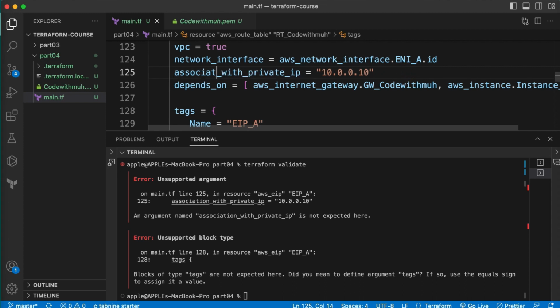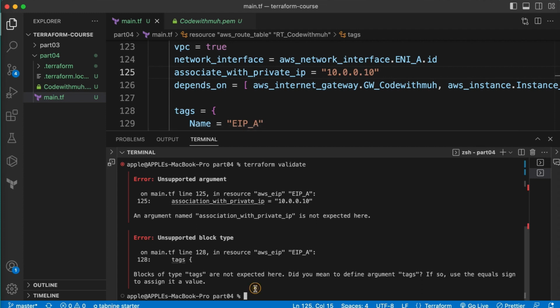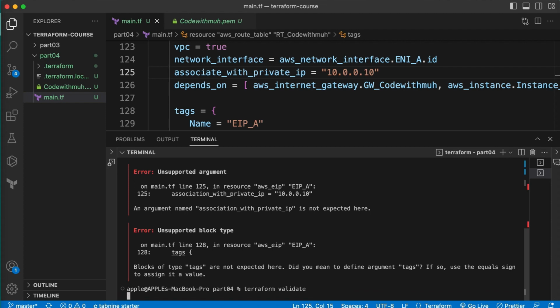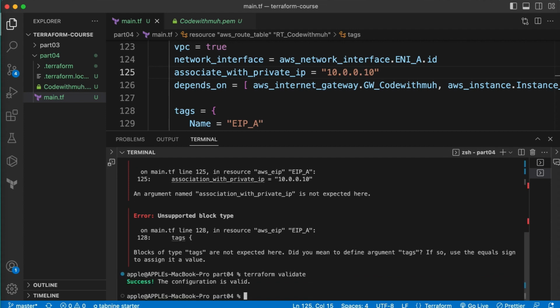We need to make sure our attribute name is correct. Actually the name is associate, not association. So associate with private IP. Now we have fixed these two bugs as well. Now let me validate it again. Okay, now you can see our code is fine and we have received the success message. I made some mistakes on purpose to show you how to validate your code